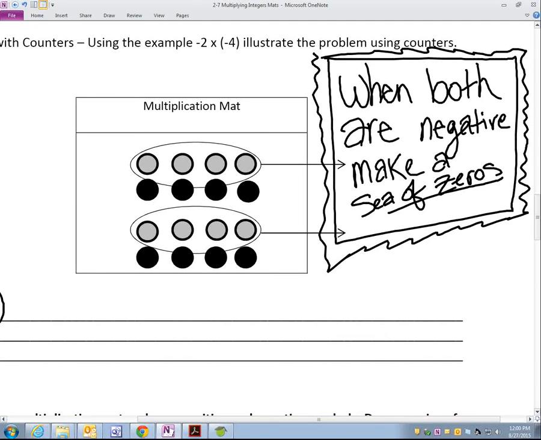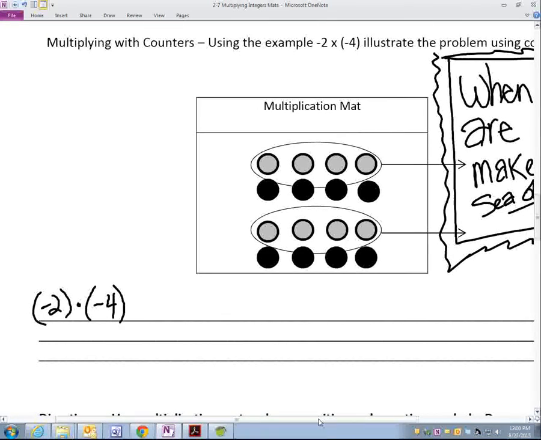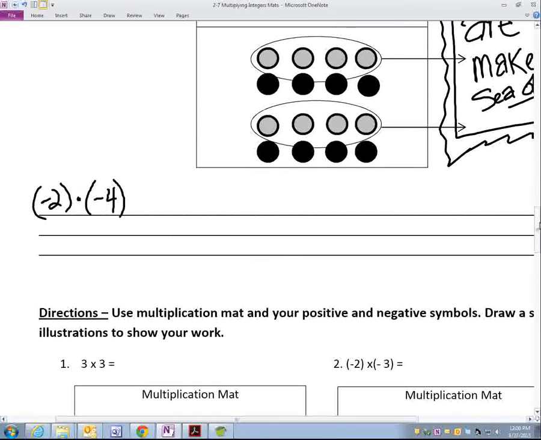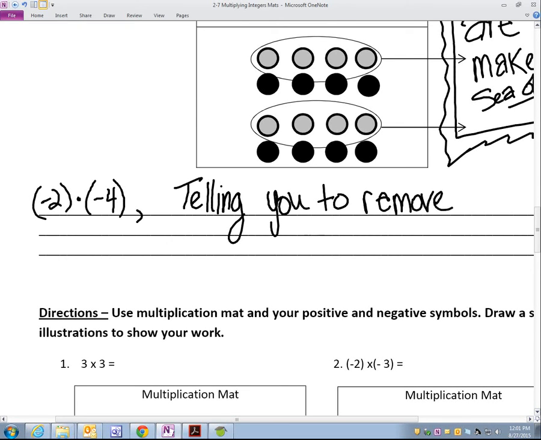So when both are negative, make a C of zeros. So what negative 2 multiplied by negative 4 is actually doing is telling you to remove, which is a negative, right? Remember how when we subtract stuff, we remove stuff? And the negative symbol is also a subtraction symbol. So you can think, okay, I'm going to remove stuff. So I'm going to remove, which is a negative, I'm going to remove